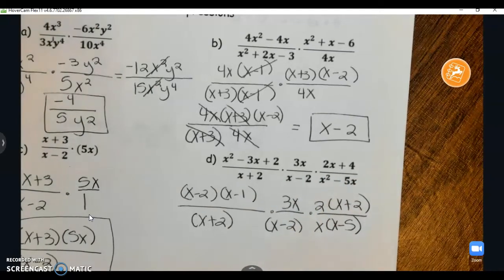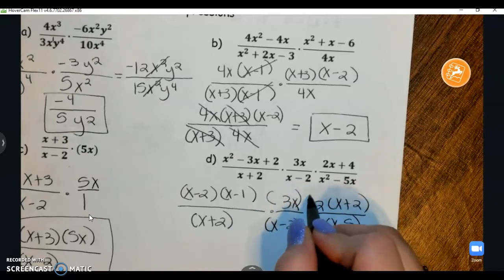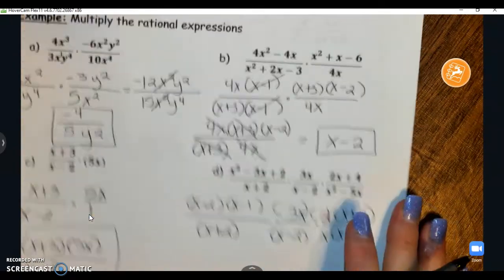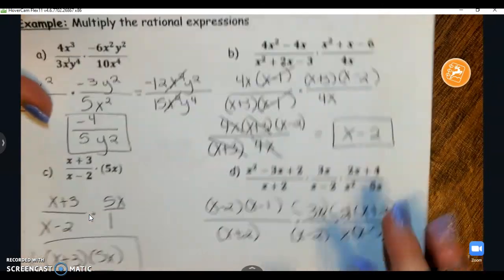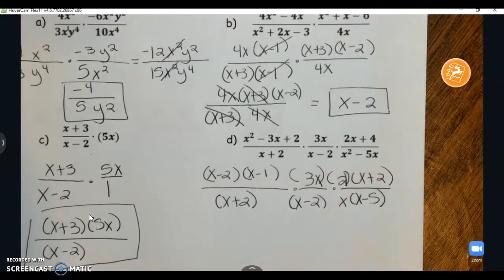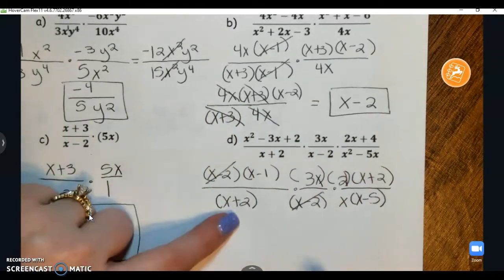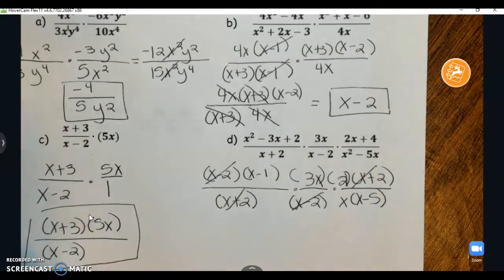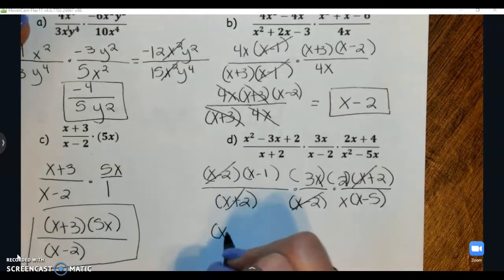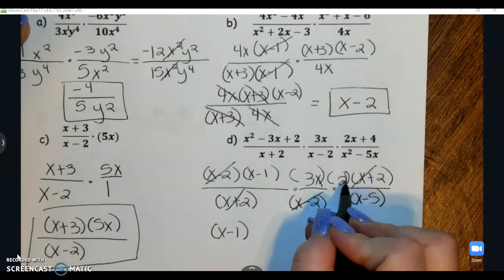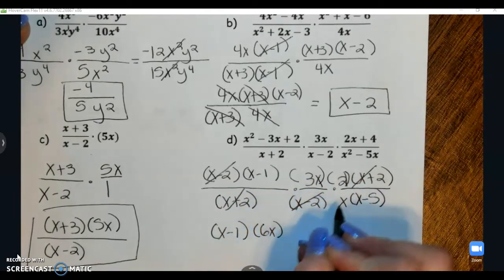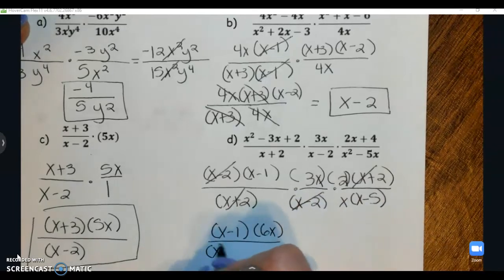Now, essentially, this is all being multiplied already, so you can kind of skip this step we did on B and just go across the top and the bottom and cancel your like terms. So x minus 2, x minus 2. X plus 2, x plus 2. And now I've got, what else do we have? At top, I'm going to have this x minus 1 times 3x times 2, which is 6x, over x times